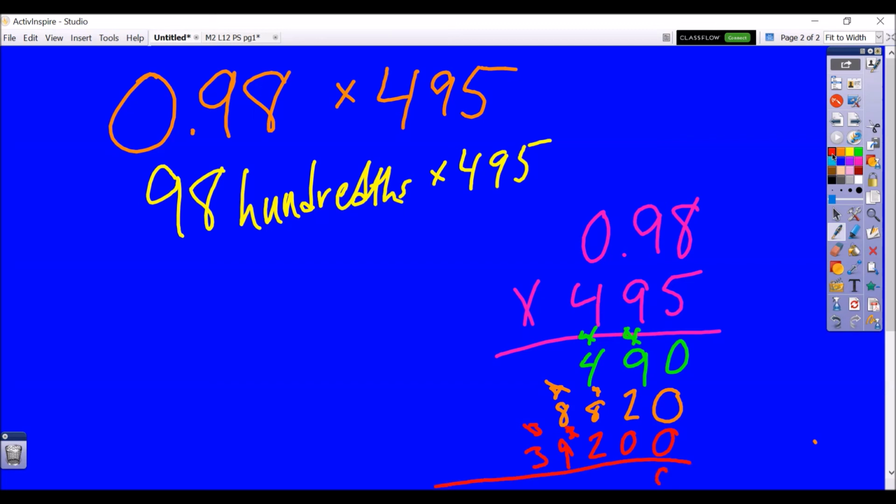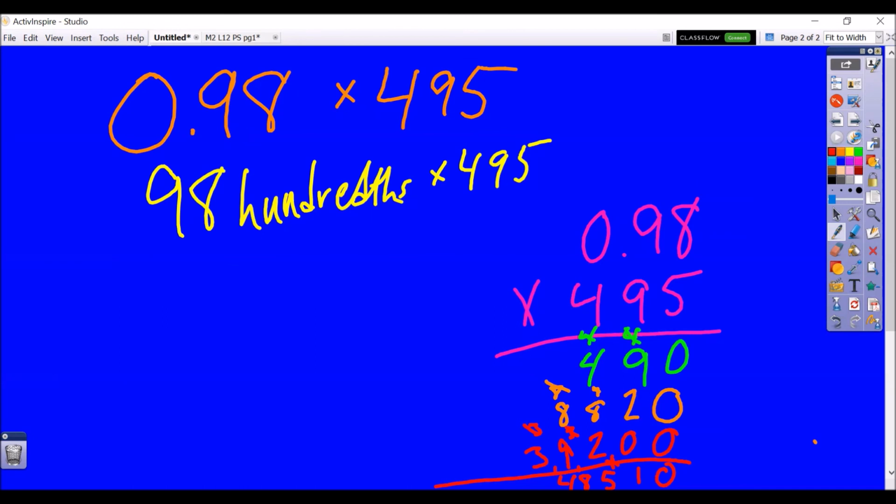And we can go ahead and add that up. Making a lot of simple math mistakes, but I'm catching them hopefully today. 4 plus 8 is 12, plus 2 more is 14, plus 1 more is 15. 8 plus 9 is 17, plus 1 more is 18. 3 plus 1 is 4. So that's